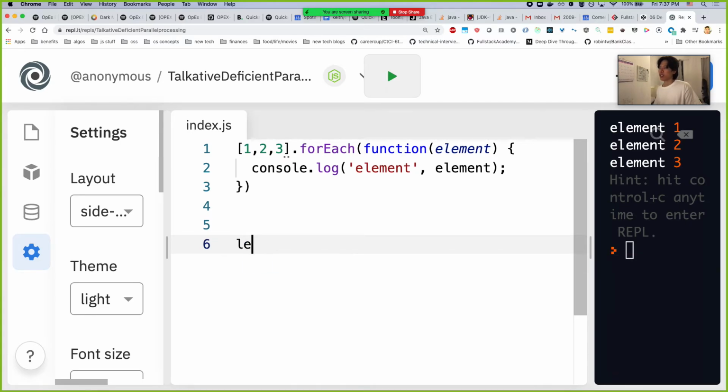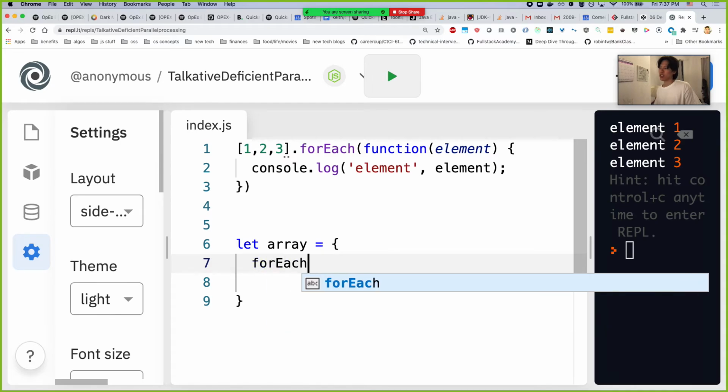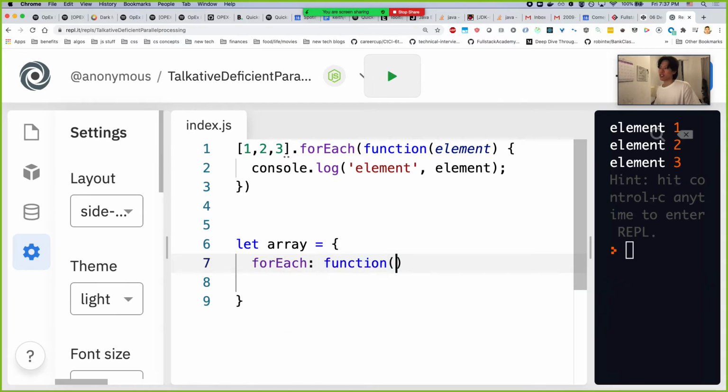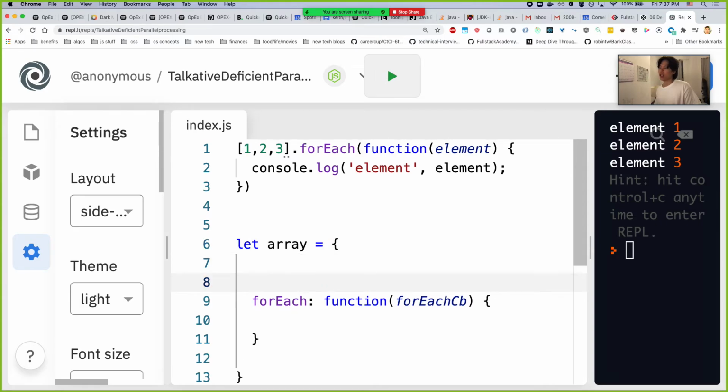So like let array equals, and then for each is a function that takes in the for each callback function, and then say values is 1, 2, 3 or something, and for each we'll just do